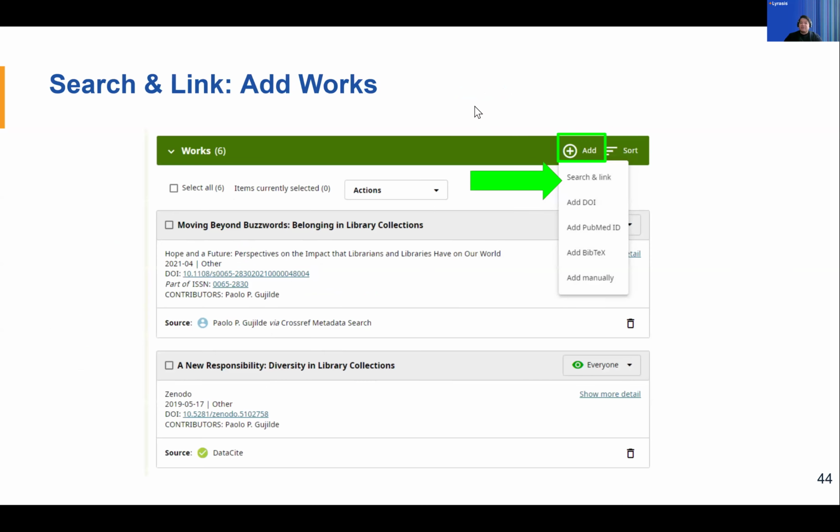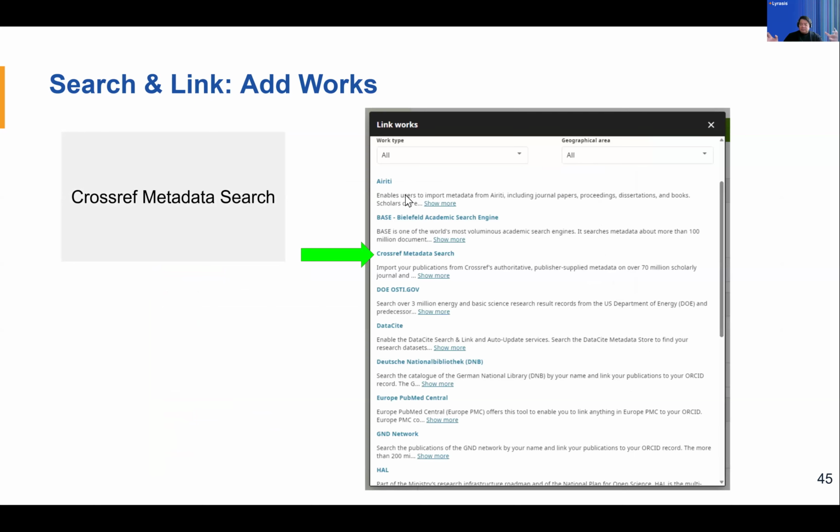Search and Link Wizard is another way where you could add information to your ORCID record. And this is used mainly in the work section and the funding section. Actually, those are the only two sections where you can do it from. So you go to your work section, click on the add button, for example, and then click on Search and Link Wizard. So Search and Link Wizards are sort of like systems that are already connected with ORCID. And this is a way for you to get to those systems easily.